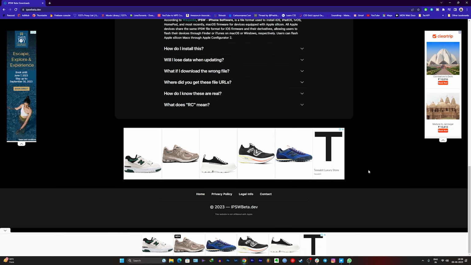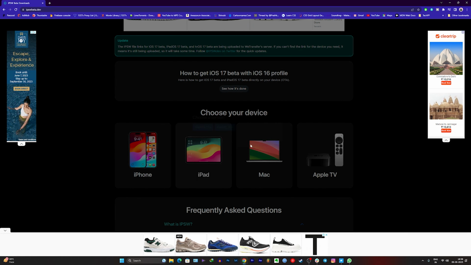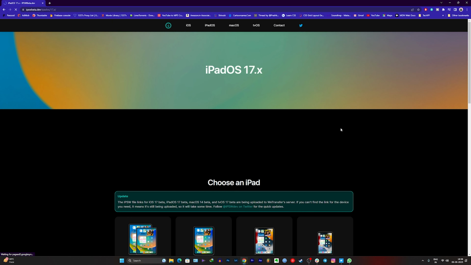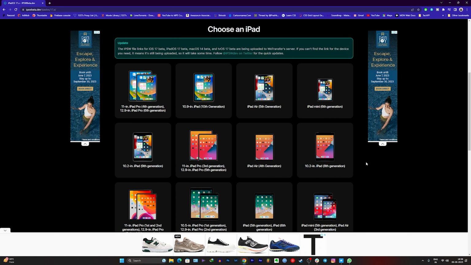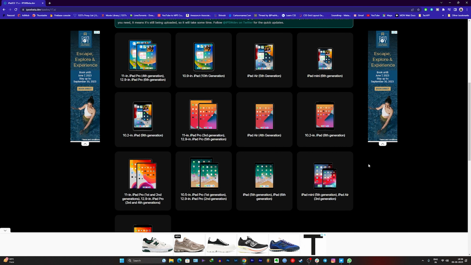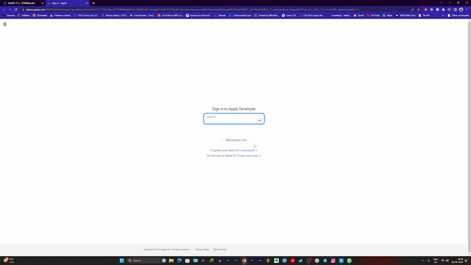Alright, so first things first, we are gonna download the beta profile, and it usually is a huge file. Mine was 6.6 GBs. I did it on Windows with the iTunes application. So in order to download the beta profiles, we are gonna head into the website called ipswbeta.dev. I will give the website in the description so you can directly visit it from there. And yeah, you have to visit this particular website, and from here you have to download the IPSW file for